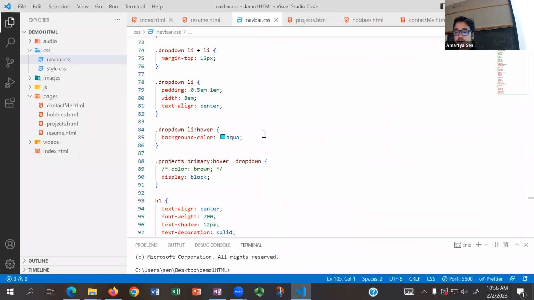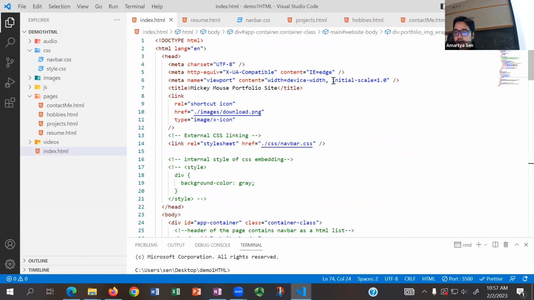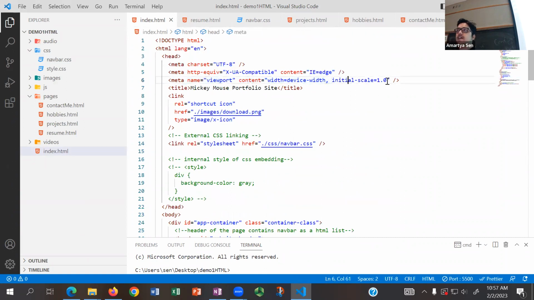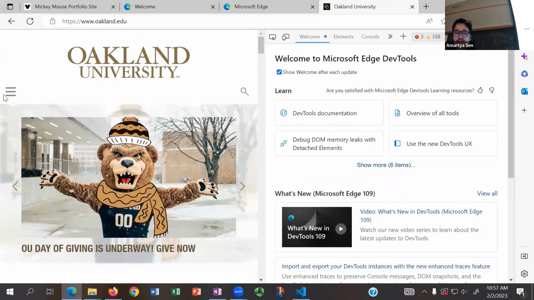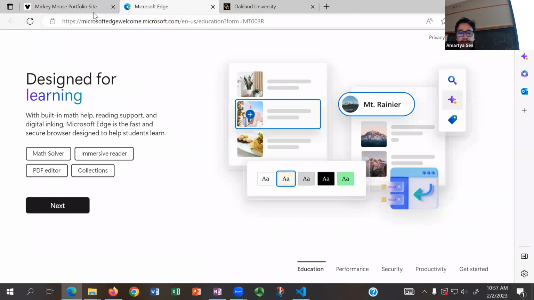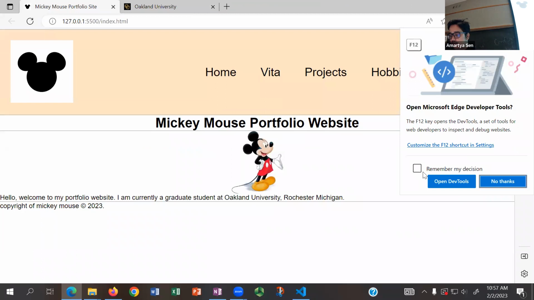Of course, the viewport is one of the options that you find in your HTML code itself. So the HTML here has a viewport option at the beginning within the head section, and the viewport's initial scale of 1.0 tells the browser to use whatever available space is there, right? But the problem is, this is the available space that you have right now. If you come to our website that we are trying to design,